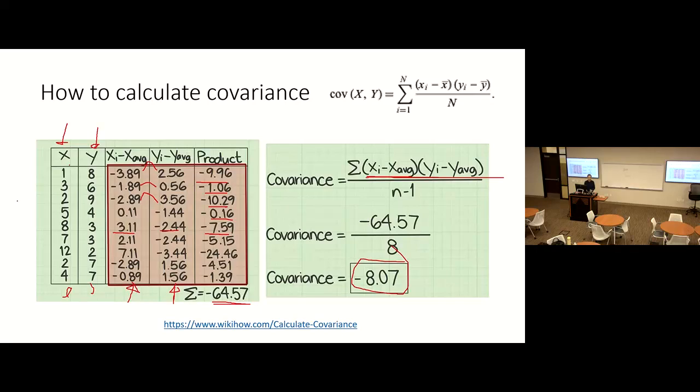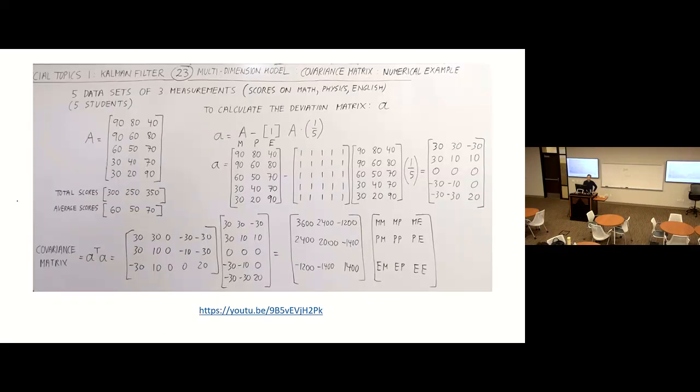Okay, so I hope you all know this before in other statistics training. So this illustration indicates the way to calculate a covariance matrix between 3 variables. This example is 5 students with 3 subjects. Okay, the score, this one is three columns of data. The way to calculate the covariance matrix,